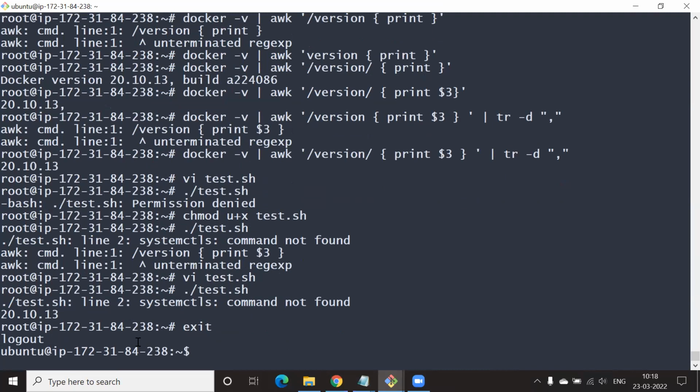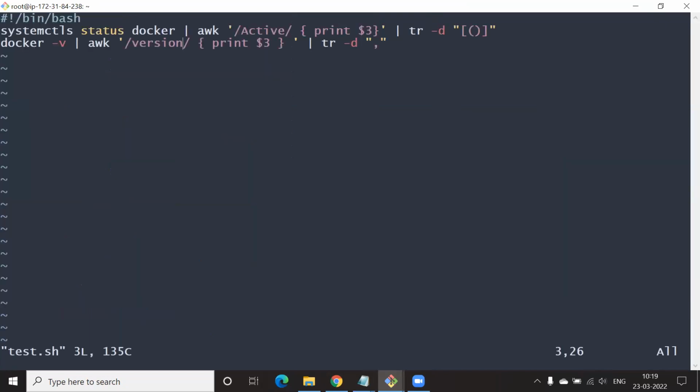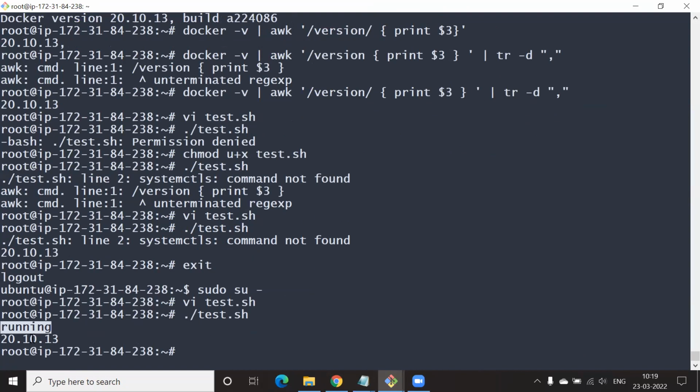Why'd you exit, buddy? You told exit. No. I said fix it. Fix the previous one. Yeah. Cool. Simple as that. Okay, it's just systemctl.